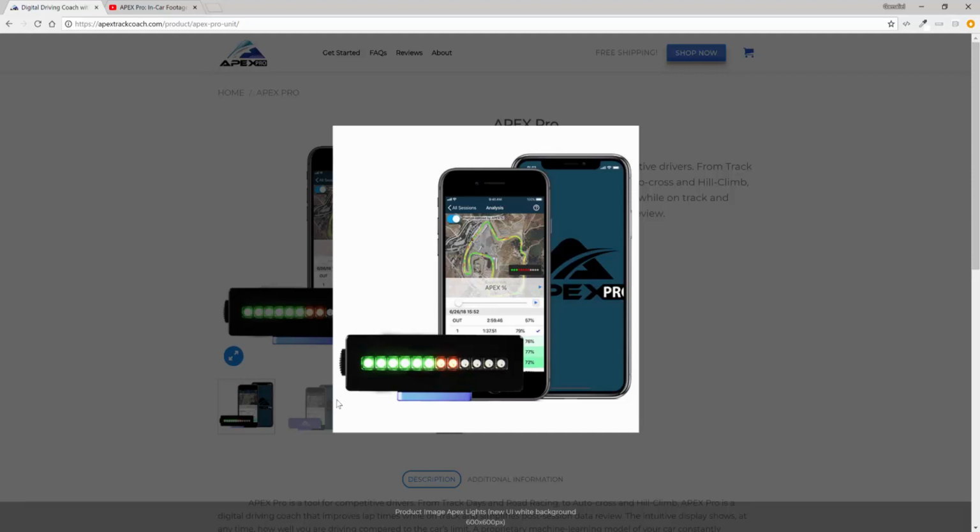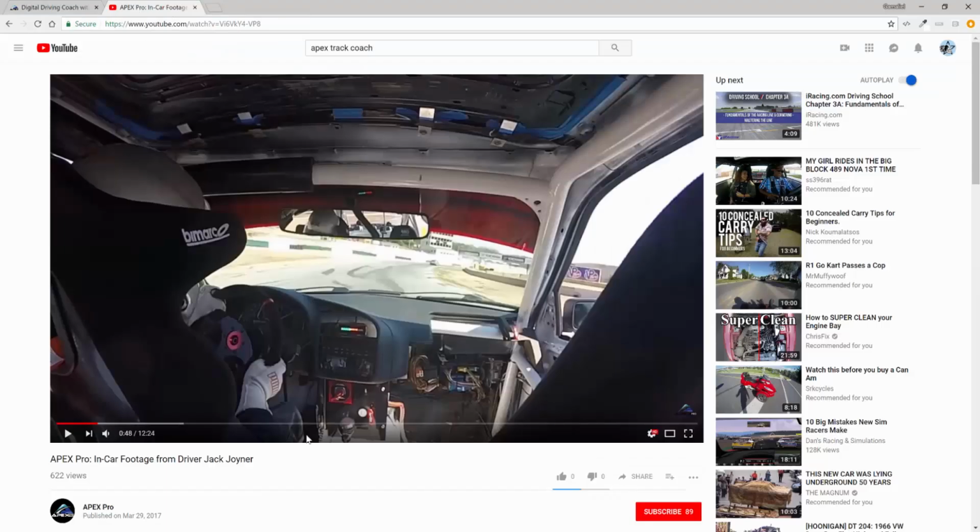As you drive around the track and enter braking, turn, and then exit sections of a corner, it establishes a baseline of available grip each time you go through a corner. And let me show you a quick video here where you can see the lights. You see the Apex Pro device here collecting data and showing the lights real time. And as you go to the corner,